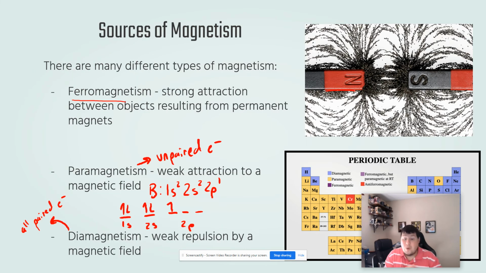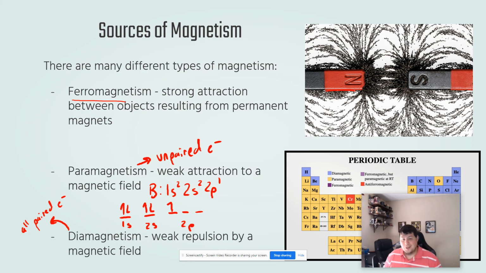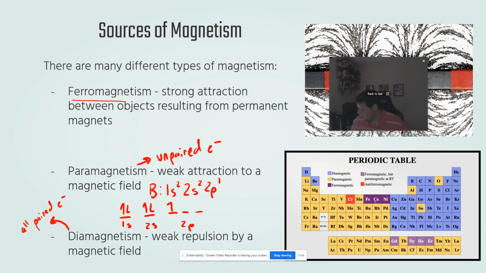But even paramagnetism is a weak attraction to a magnetic field. How do you actually get a permanent bar magnet that you would stick to your fridge? Well, that gets into more complicated ideas of how the individual spins of all the atoms are oriented. If you have a material, sometimes each of the individual atoms might line up so that their spins are opposite. That would produce a material that even if each atom is paramagnetic, overall they would cancel out, and so it wouldn't be magnetic. That's actually most normal materials, but some materials like iron and cobalt and nickel in particular are